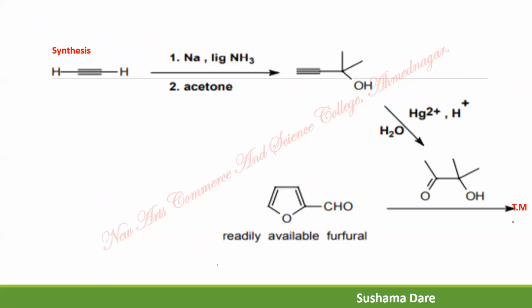So look at the synthesis. Acetylene, first of all, is treated with sodamide. It abstracts the acetylenic proton, which attacks acetone. Then it gives this. After the hydrolysis of this, it gives an alpha hydroxycarbonyl compound. This alpha hydroxycarbonyl compound is treated with what? It is treated with furfural, and here there is an aldol condensation reaction, in the presence of base, that is sodium hydroxide, it gives the target molecule. So base is important, and this is what? Aldol condensation reaction.